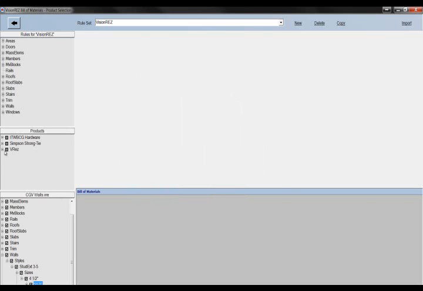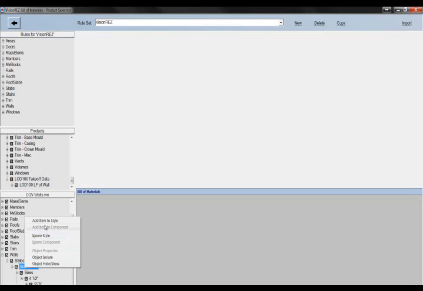To create the rule, first thing we want to do is come up and find the item we want to link to it in the database. Here's under products, we want to link lineal foot of wall. That is the item we want to link, and I'm just going to link it to the top node here, stud exterior 3.5, which is the wall style in ACA. Add item to style, and basically that created a rule called Rule 2,